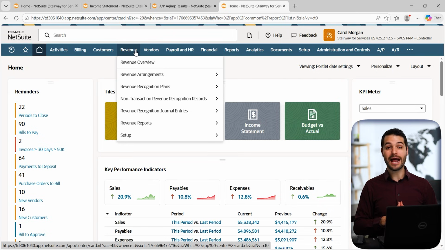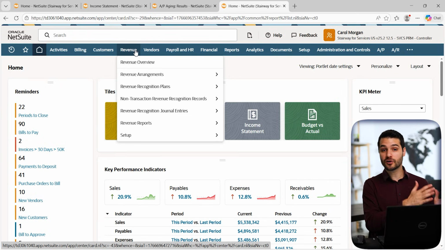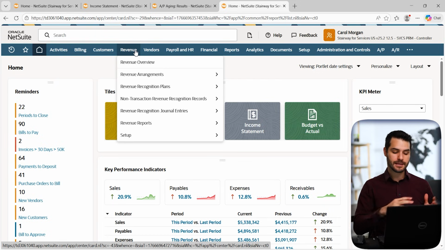Another benefit that I rarely hear discussed, but for me, it was immediately apparent when I had to deal with the other ERP systems, is that NetSuite takes a more modern approach to accounting. Without getting too into the weeds in terms of what that means exactly, if you're dealing with something like QuickBooks or Xero, which also have a pretty modern approach to accounting, which I would say is efficient and fast, moving from those types of products to NetSuite, you're going to find that to be a smooth transition,